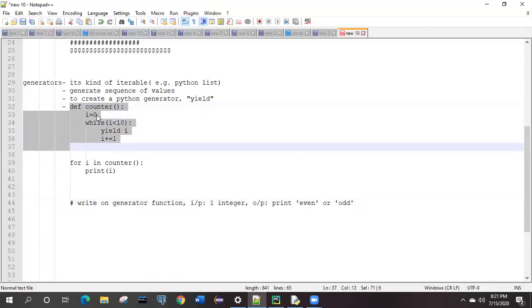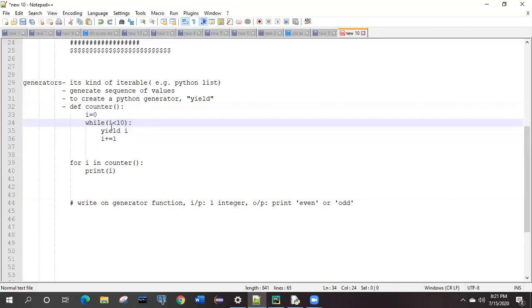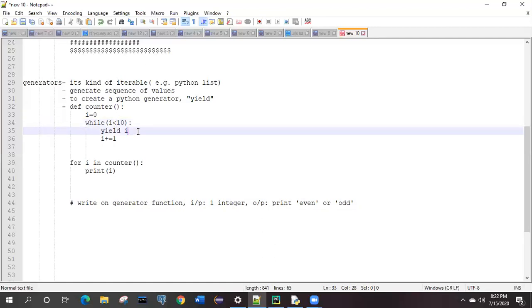And here you need to check the condition. Suppose you need to check the value i, whether it is even or odd, right? So i could be like 7. So you need to put a condition over here. If i modulus 2, the remainder, is equal to 0, then instead of printing i as even, you have to yield, and give the message.